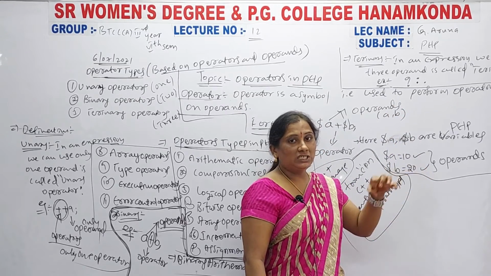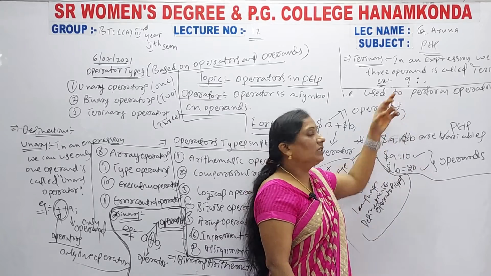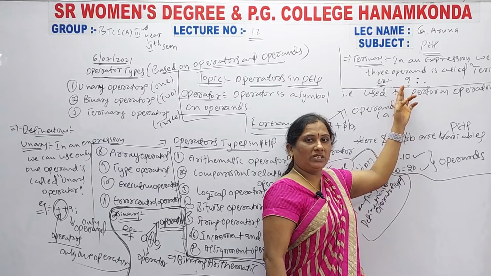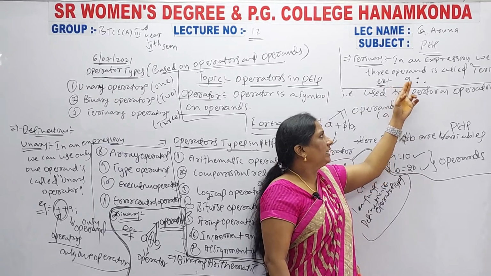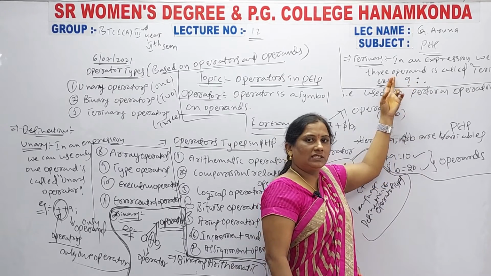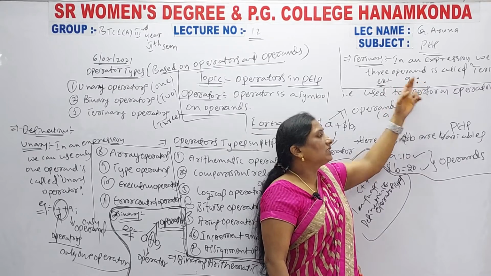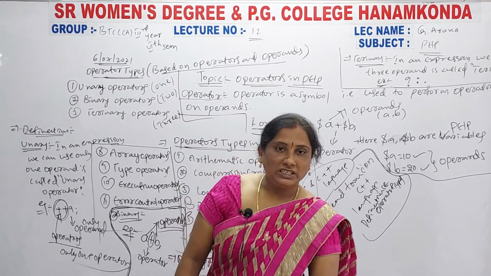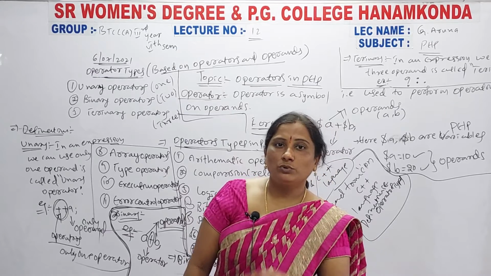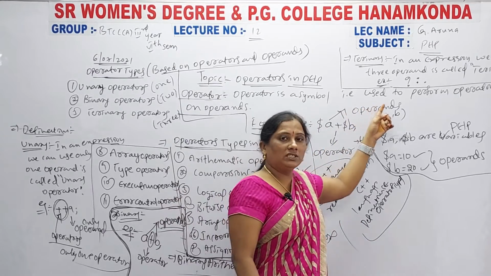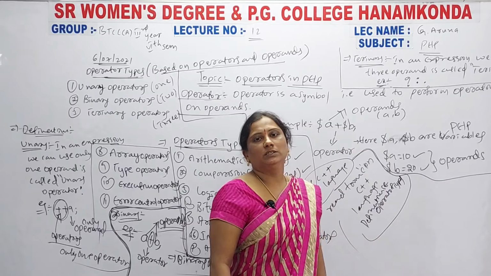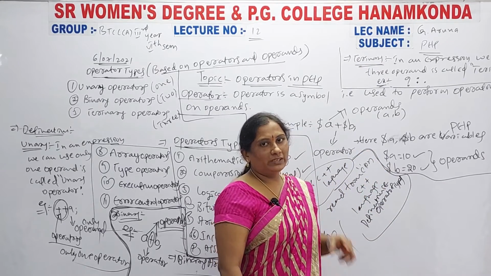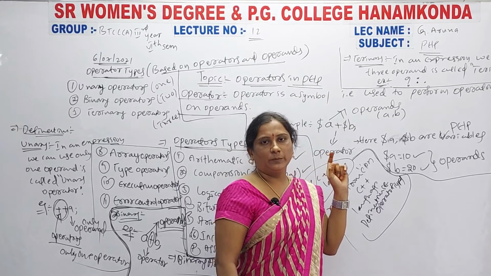So how can these 3 be executed? Question mark. One condition will be taken. If this condition is true, then execute the first part. If this condition is false, then execute this part. You remember this one, that one? So in the C language and C++ book, that definition is there. Again you refer to that topic, and you get a good idea about it.